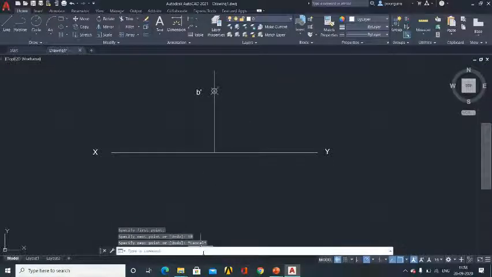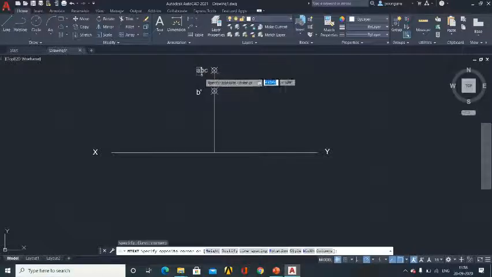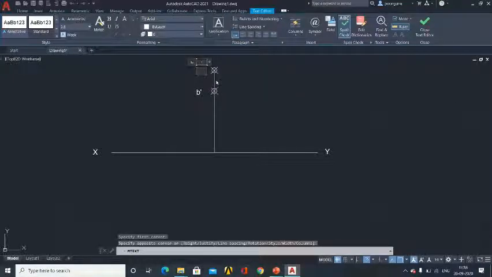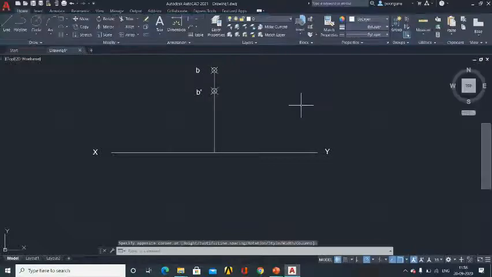Press escape. Then go to the command bar. Type point. Select the point command. Click on the respective point. That's it. Now select the text command. Draw the text box. I need to specify the two corners, first corner and the opposite corner, and I am typing B. If you want, you can change the spacing, everything, whichever you want. If you want to change the font type, everything is given here. As of now I don't need it, so that's it.